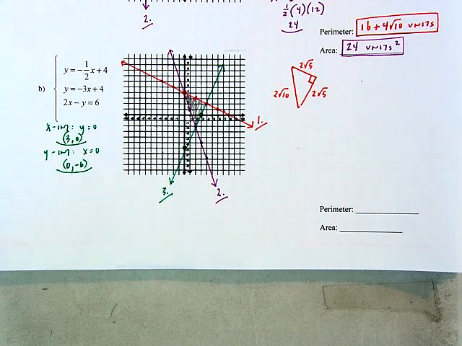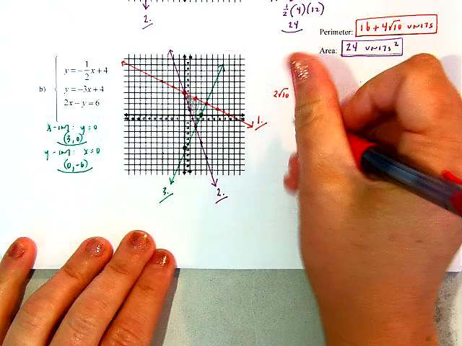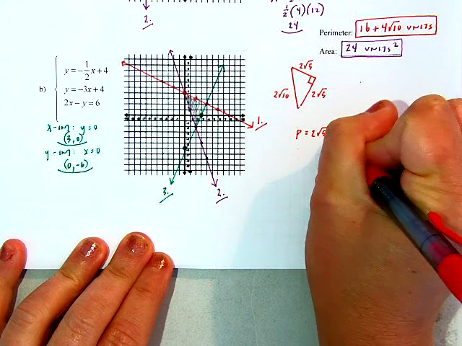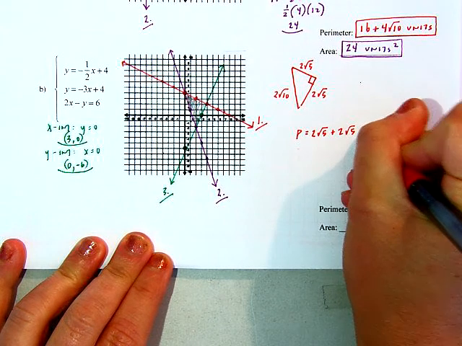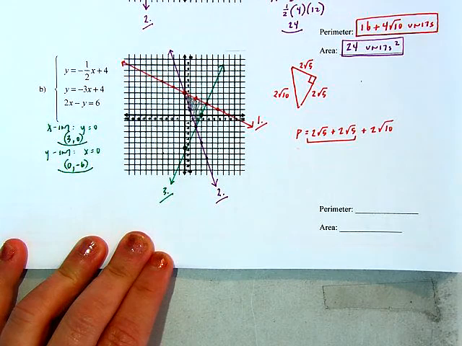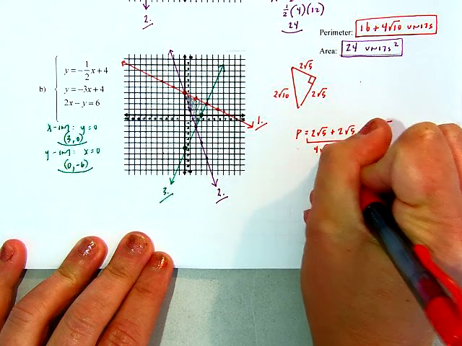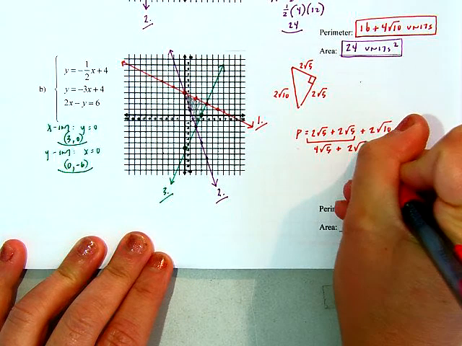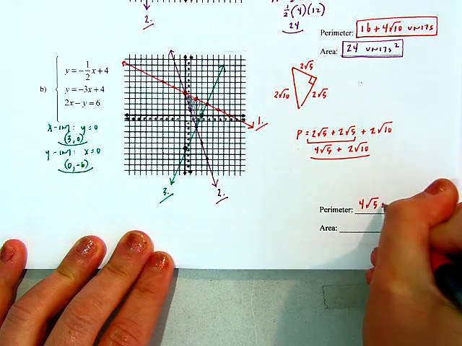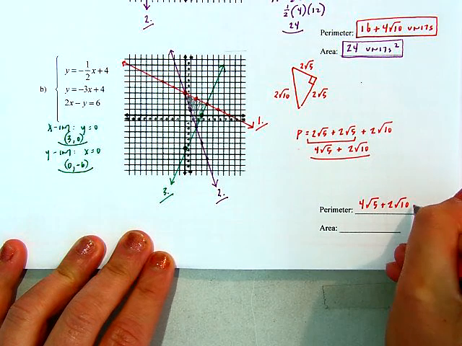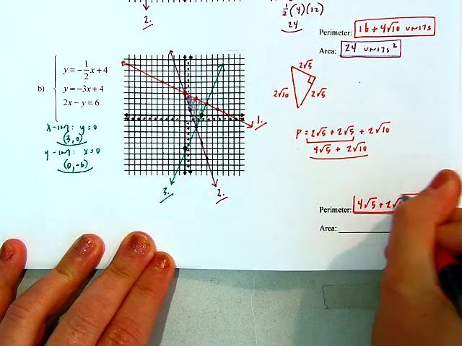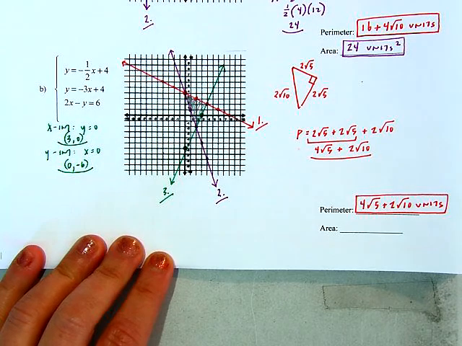So now if I want to get to my perimeter, I'm just going to add up my sides. So I have 2√5 plus 2√5 plus 2√10. These are like terms, so I can combine them, and I get 4√5 plus 2√10. So my perimeter is 4√5 plus 2√10 units. Okay, and then my area,